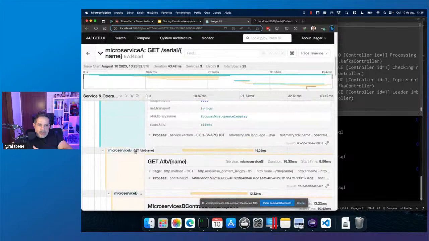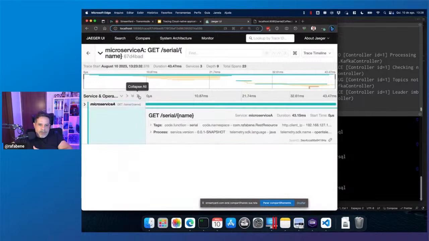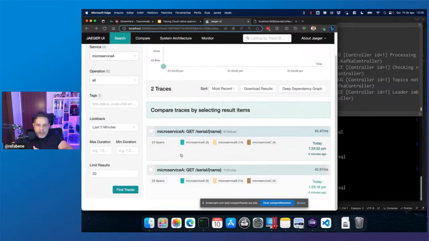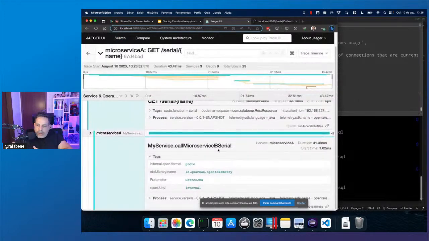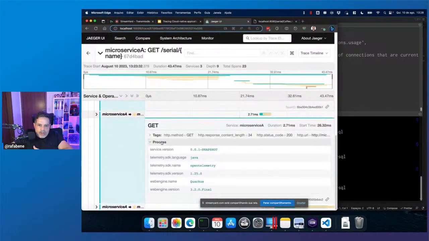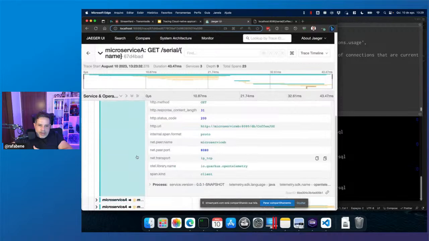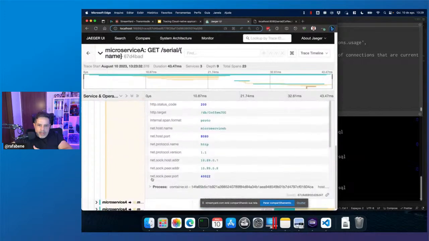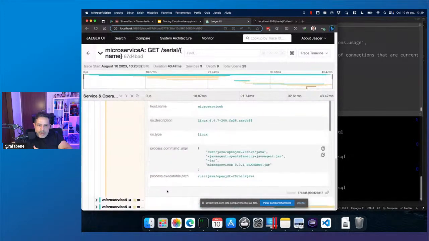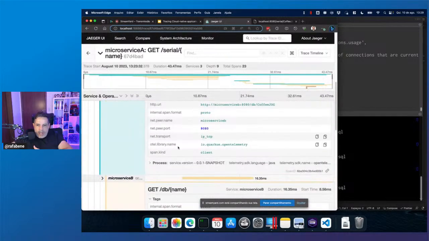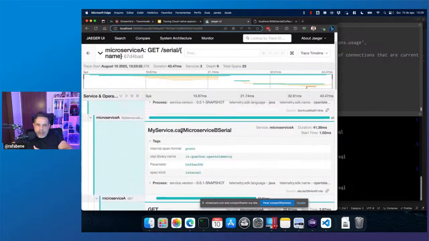By the way, let me see if I can find it here. Process. Let me just close everything. Microservice A. Let me refresh. Process. Hold on, I'm trying to find information about the process here. I'll show it in another